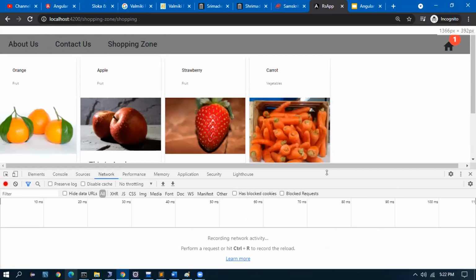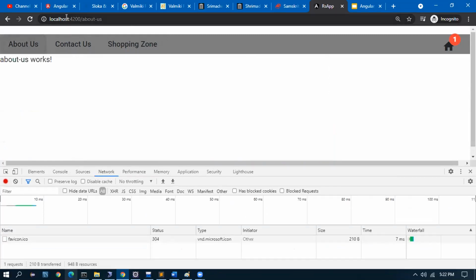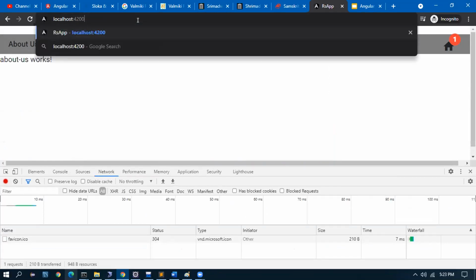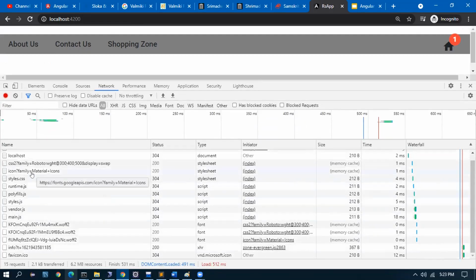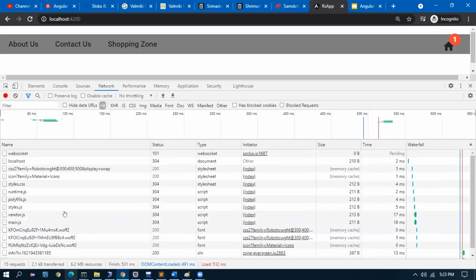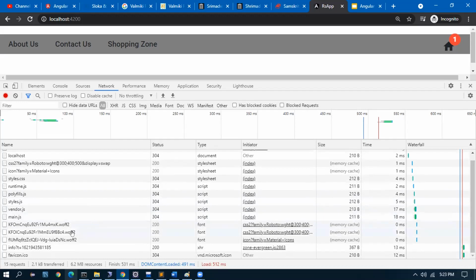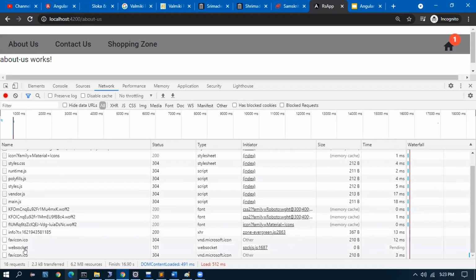What I am trying to see is, when we load this page, the default should not load the shopping zone module. You are not getting any shopping zone module here. We have 15 requests here. When I go to about us, this is just an icon request, so 16, that is okay.